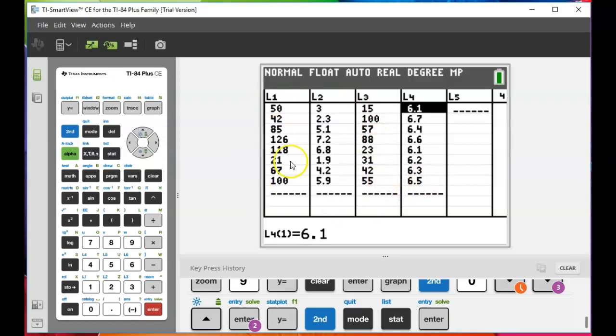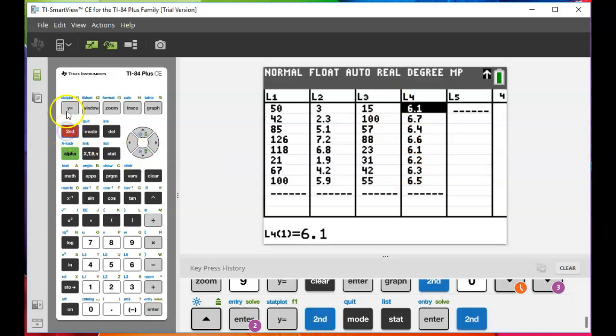So now that I have it all in my stat edit, my list in my calculator, the next thing I want to do is plot this, and I want to differentiate the two different sets of data, because L1 and L2 are one set of data and L3 and L4 are a different set of data. So we're trying to find out some information on those two sets. So I'm going to go to the stat plot,